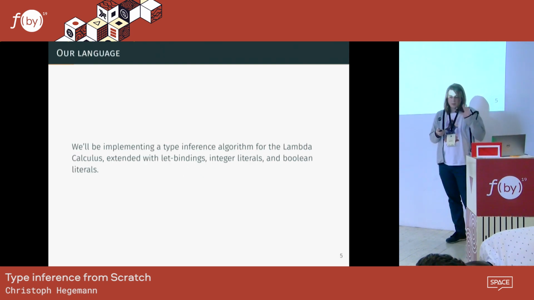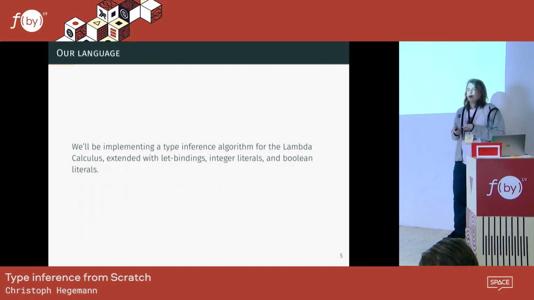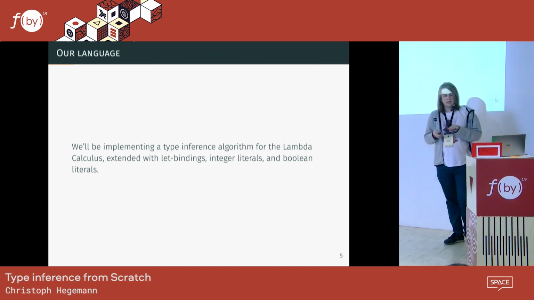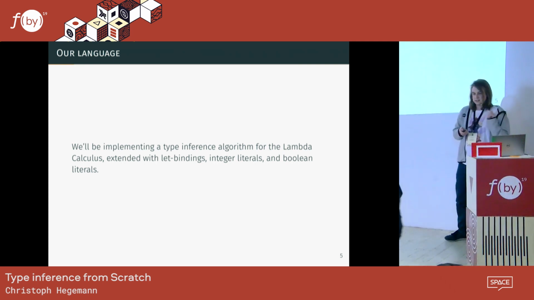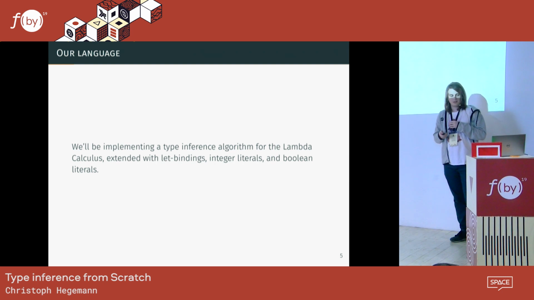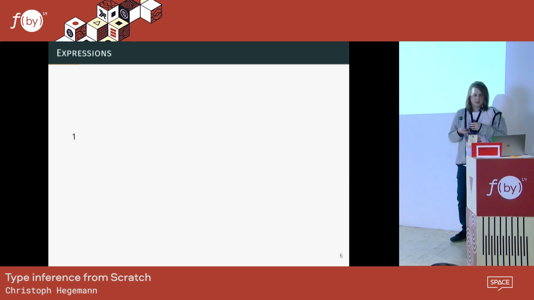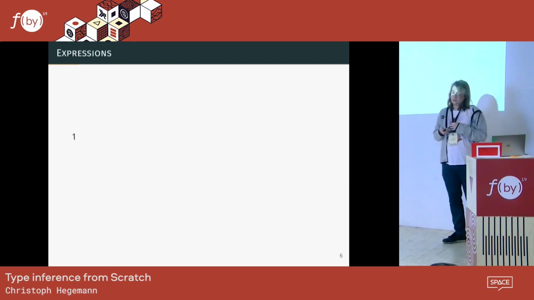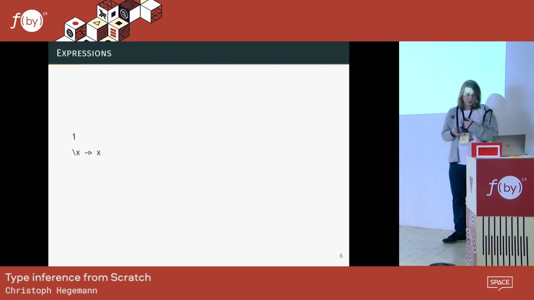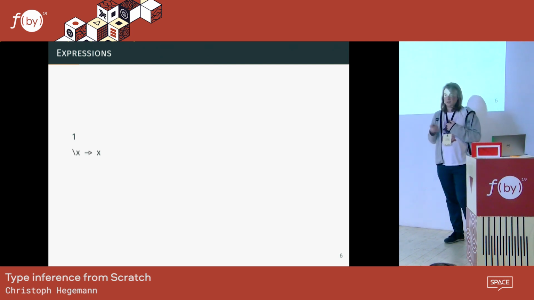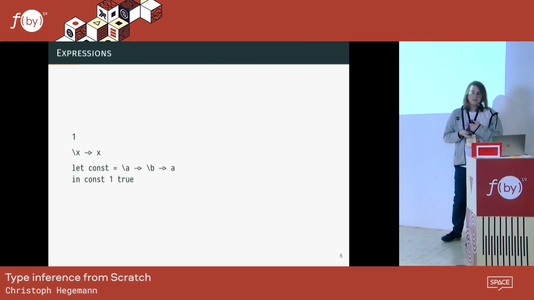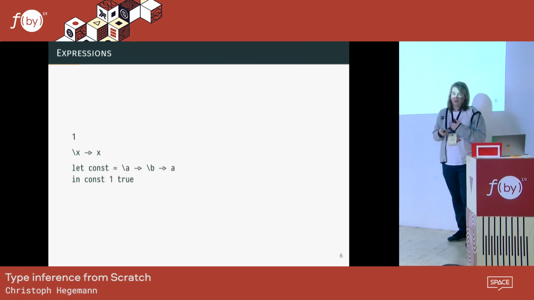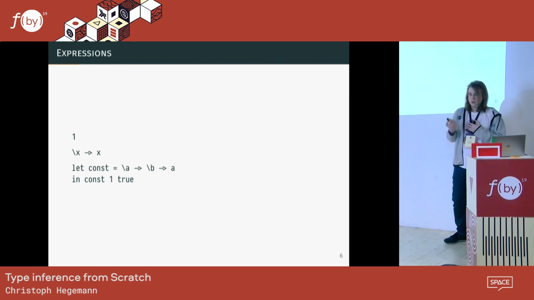So we'll be implementing type inference for a version of the lambda calculus extended with let bindings, integer literals, and Boolean literals. We already saw the lambda calculus before, so let's run through it. I've got a couple of example expressions. One is a valid expression, lambda x to x, so this is the identity function. It's also a valid expression. And I can do a let binding, for example. I can let bind the const function and then apply it to one and true,